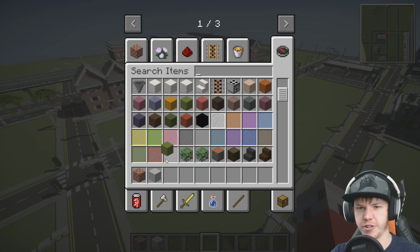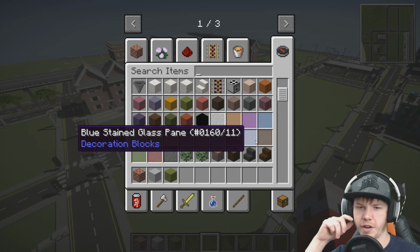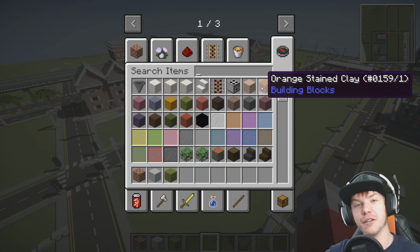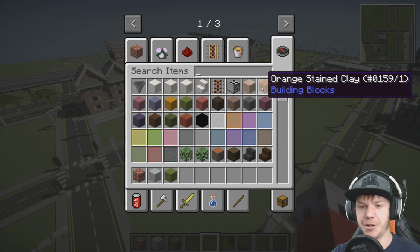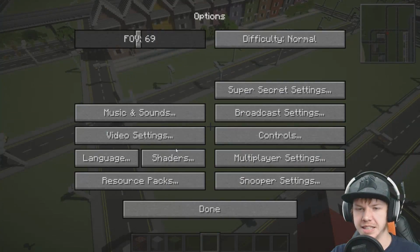So we want a green for the Pets at Home. We want a blue. I'll probably use a more vibrant blue. I might even use this one for the Boots, and an orange one for Halfords. So it sort of changes as it goes, and it's really quite cool. And they use the colours throughout the build. Let's turn the shaders off,